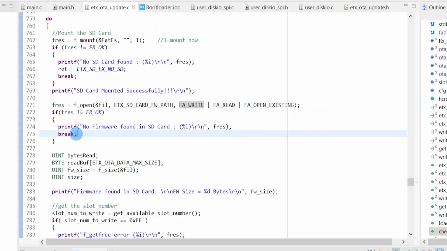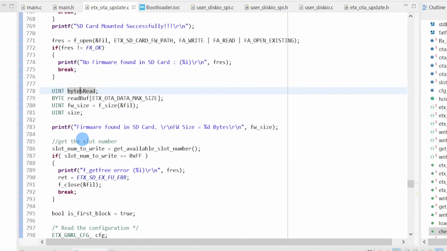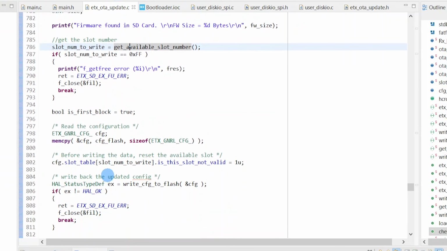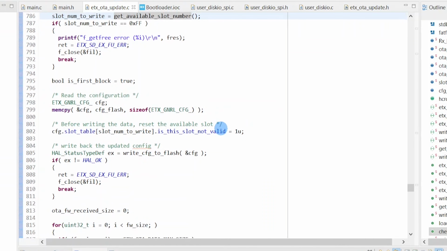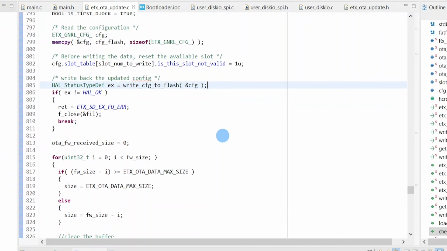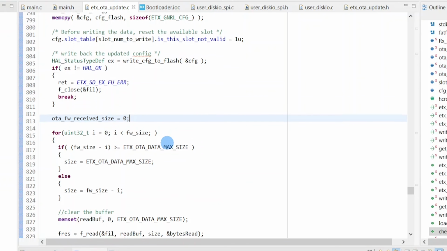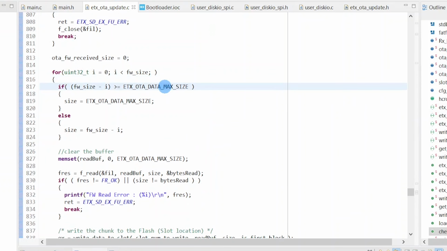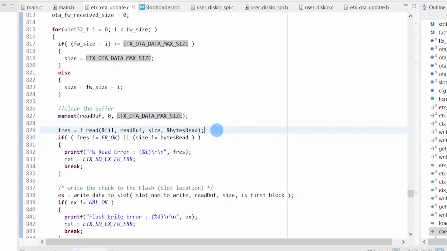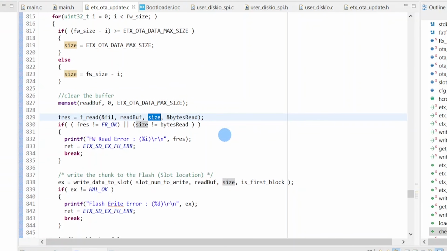So, we break here. If the firmware file is available, then we get the slot number to update. Then, we get the slot information and make that slot invalid as we are going to update the slot. After that, write the updated slot information to the flash. Then, we are reading the data from the file chunk by chunk. The chunk size is 1024 bytes. First, clear the buffer. Then, we read the chunk data from the SD card file and write it to the